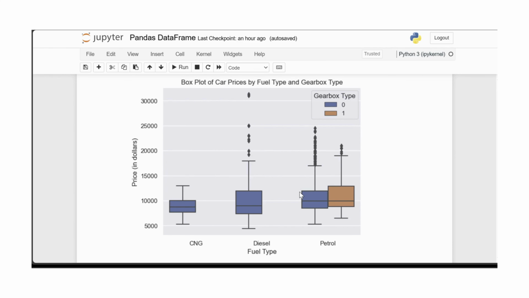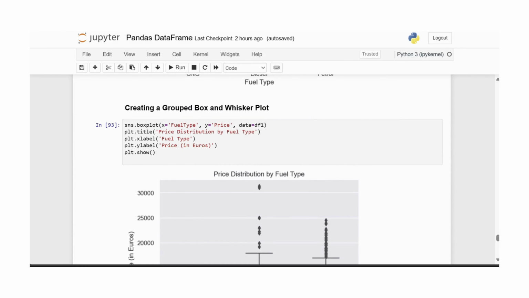You've set the stage perfectly for exploring how a box and whisker plot can be used to examine the relationship between a numerical variable, price, and a categorical variable, fuel type. This type of visualization is particularly useful for comparing distributions across different categories and identifying outliers or anomalies within those groups. Creating a grouped box and whisker plot to visualize how car prices vary across different fuel types, we will create a box plot with fuel type as the categorical variable on the x-axis and price as the numerical variable